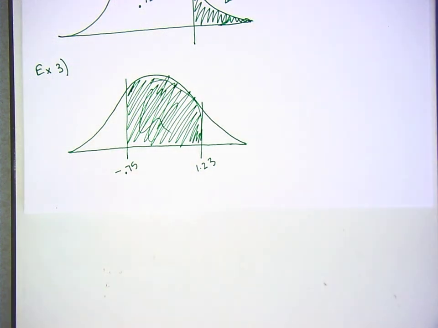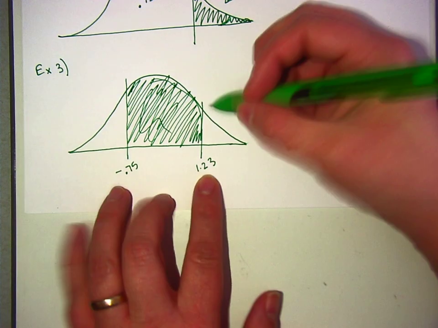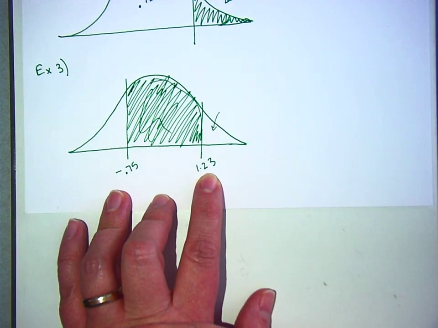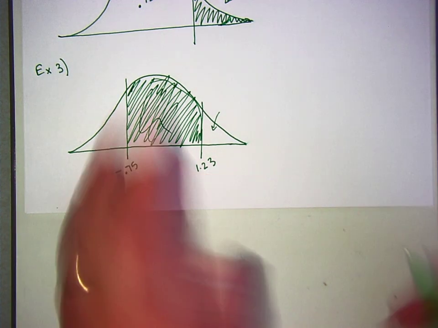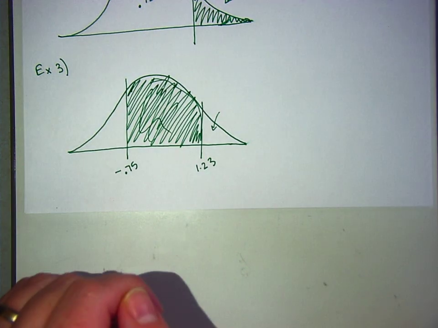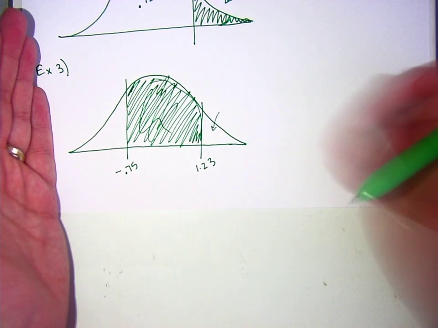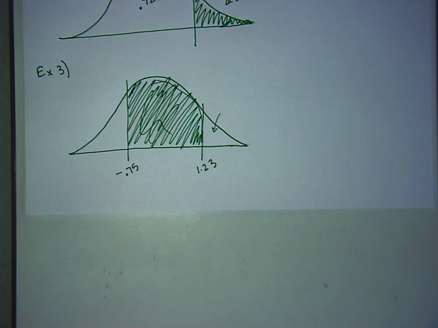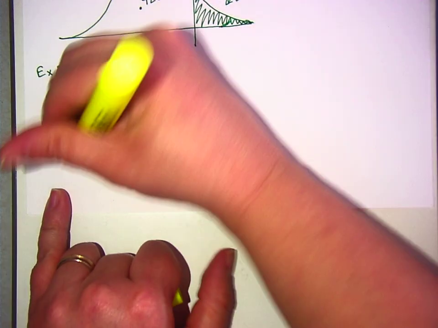Alright, so you do 1 minus the 1.23 on the sheet. And that would give you this. Yes, that'll give you, because if you look up 1.23, you're gonna get the area. Oh, no, yeah, you wouldn't subtract, you would just look up 1.23, and that gives you this area over here, yep. Subtract the 0.75. Yes, okay, so let me explain what he's saying. What he's saying is this, if we look up this yellow